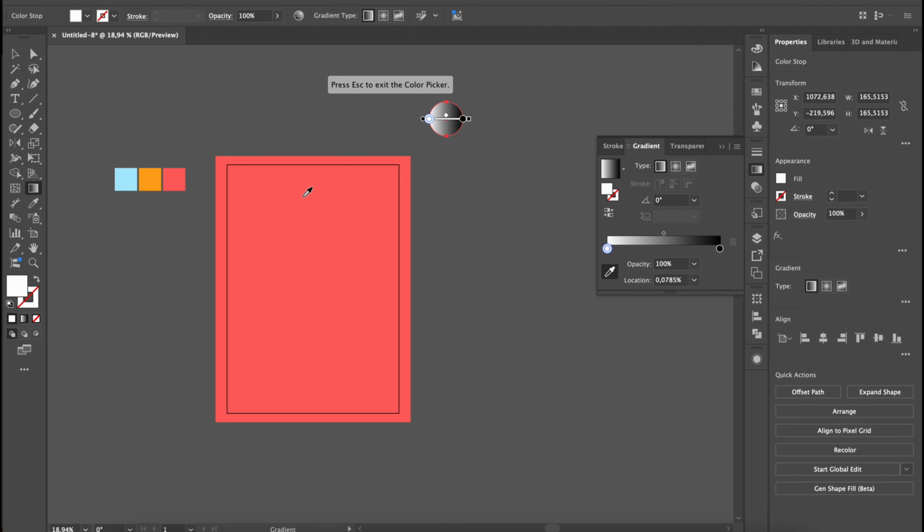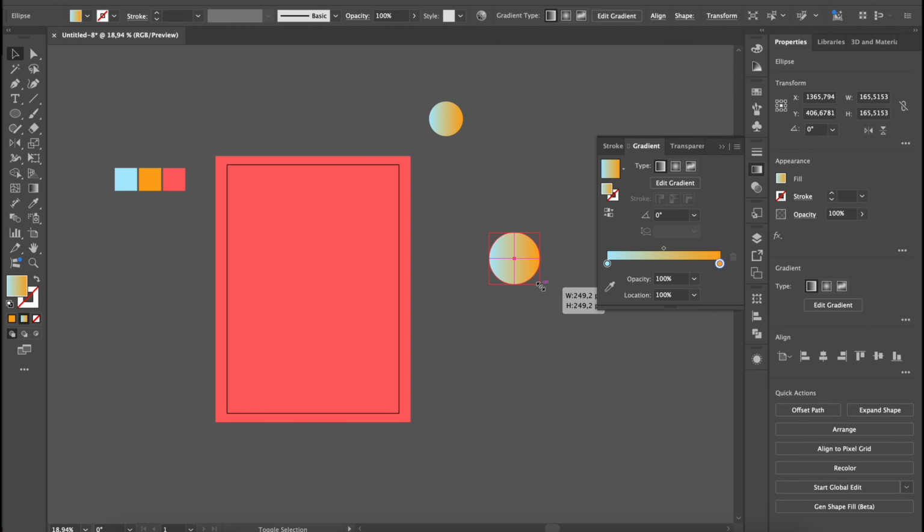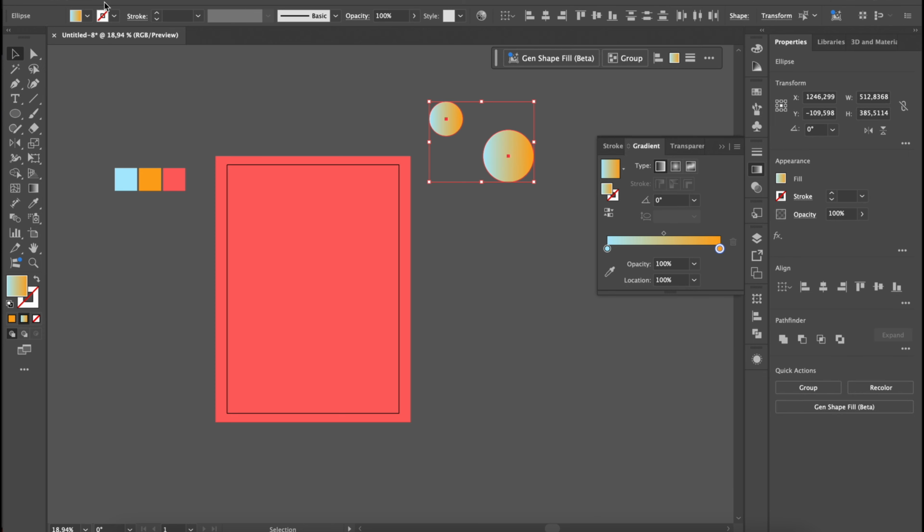All right, let's pick, I think, blue, and then I'm going for the orange. It's my second gradient color. Copy, let's make it a bit bigger, and then select the two,